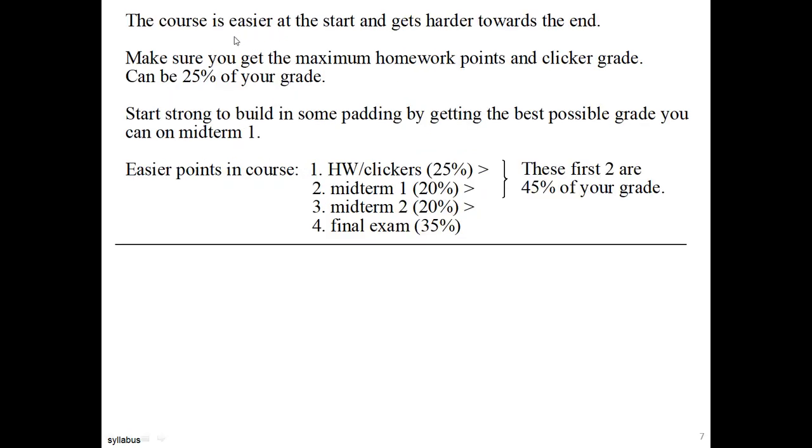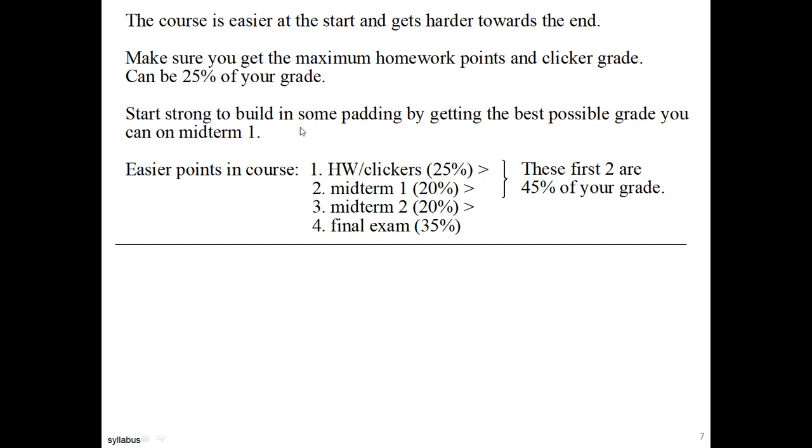Now I will say this: the course at the start is easier, and it gets progressively harder towards the end. So you want to maximize your performance right at the start. Now, one thing you want to make sure you do is you do all the homework, get all those points, and as high a grade as you can on the clickers. That's 25% of your grade. Now I grade the homework really easy, so as long as you turn it in, you should be able to get 100 on the homework. And the clickers are graded pretty easy too. So start strong, build in some padding, and then you can maybe have a little bit of slack towards the